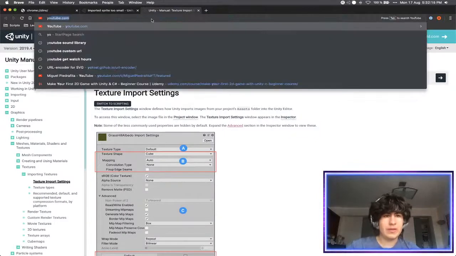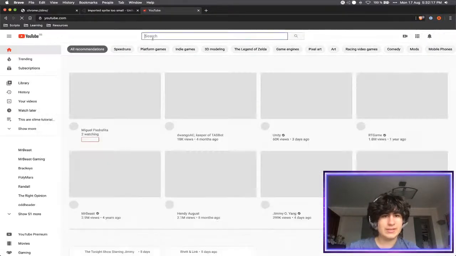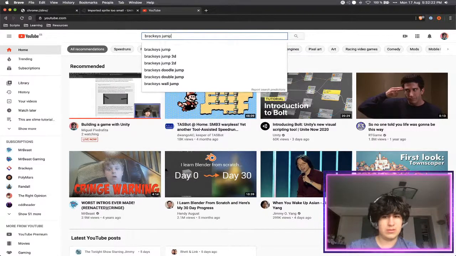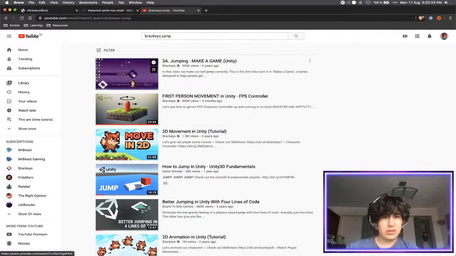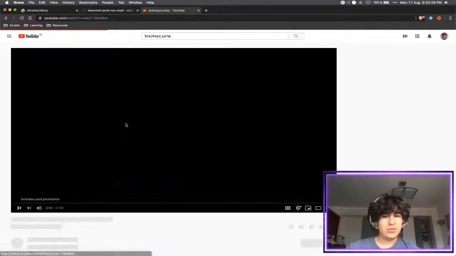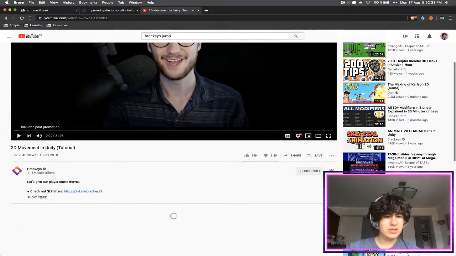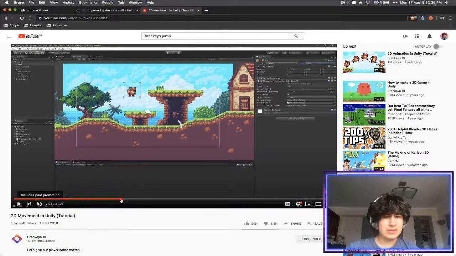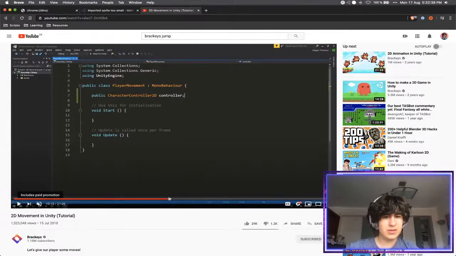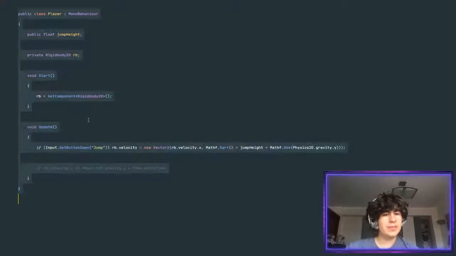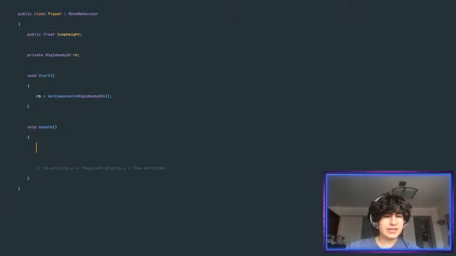Okay, let's go for Brackeys. Jumping. To the movement. Let's pause this. Mute. Skip through. Does this glitch jump? It does. So in the update function, we are checking